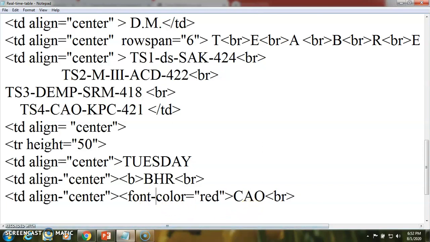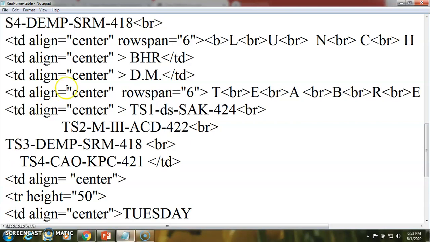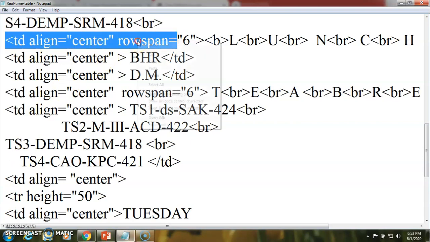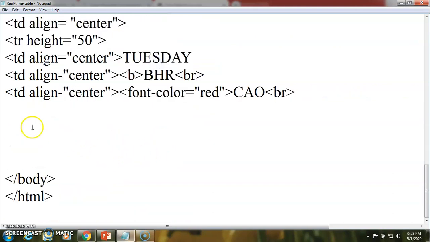So here, then add another cell that may require the column span. So I will make this as a code.